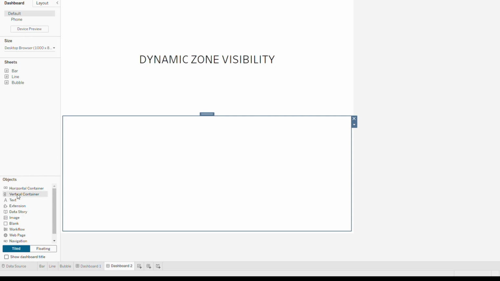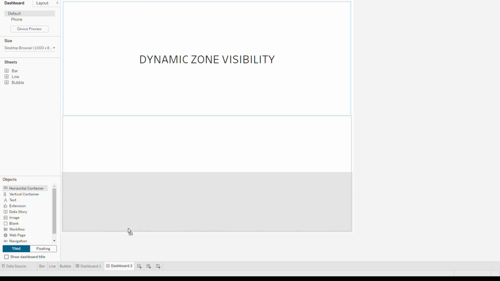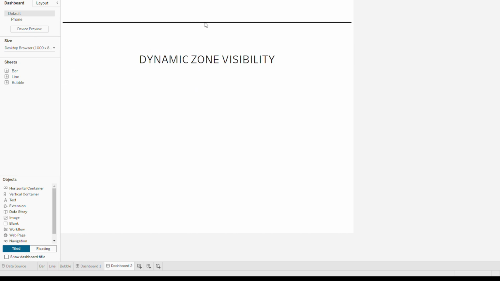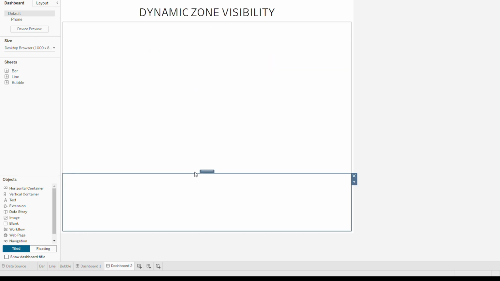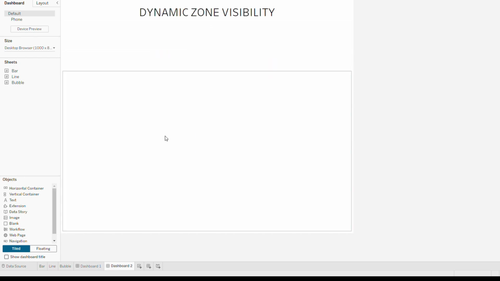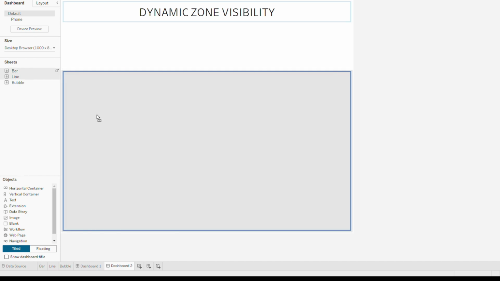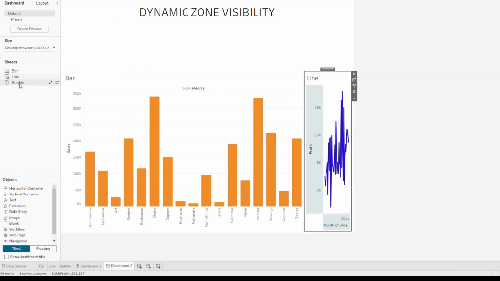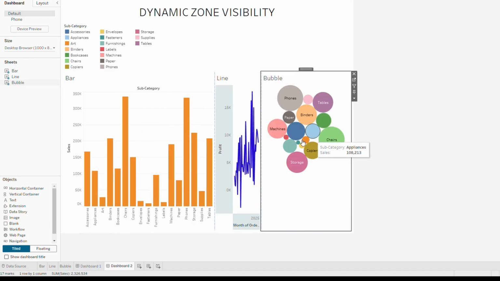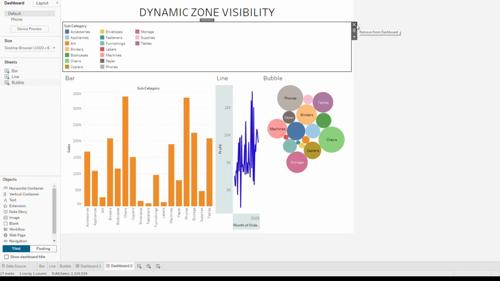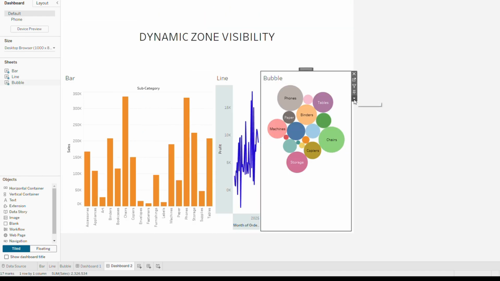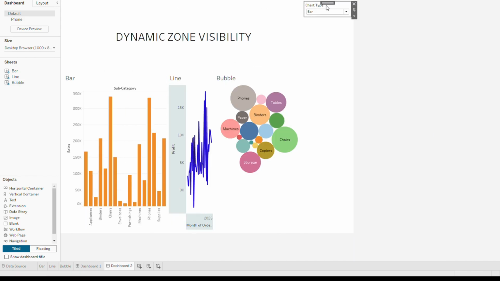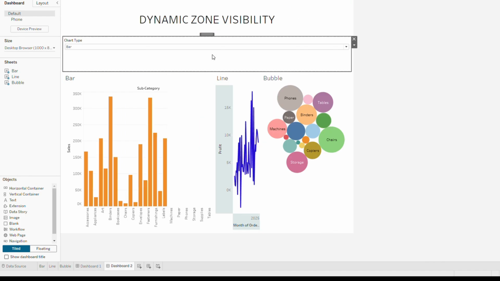And then a horizontal container, and one more horizontal container I am taking. Here I am calling bar, line, bubble. This I don't want. Now call the parameter which we have created, chart type, and drag this chart here.